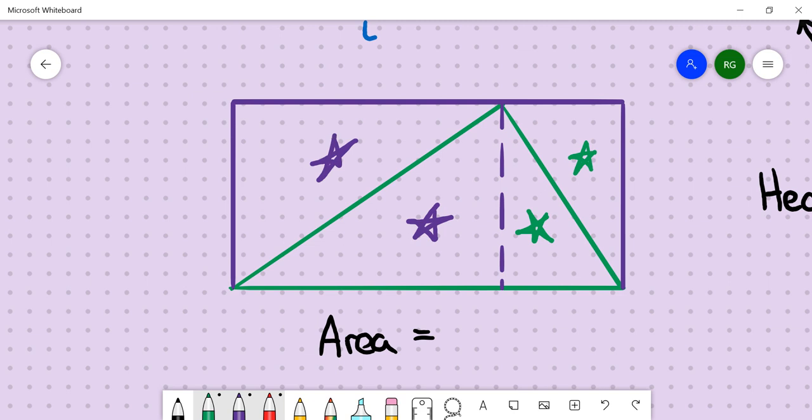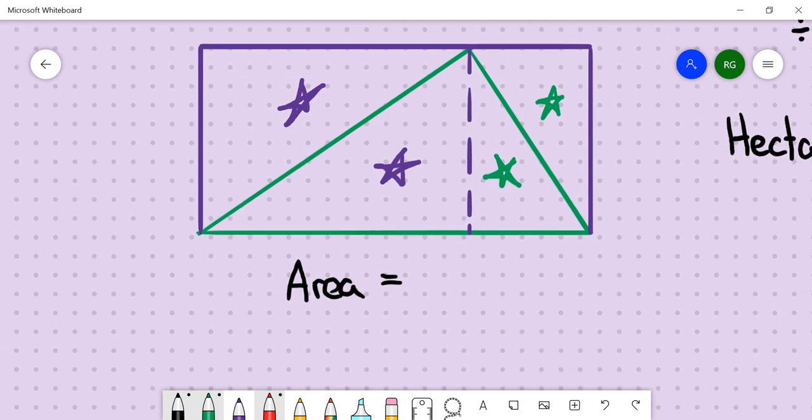Ultimately, we can see that half of the shape fits inside the green triangle, and the other half of the rectangle is outside of the triangle. Thus, we have two types of formulas, or one formula, just two ways of writing it. Sometimes you'll see it as